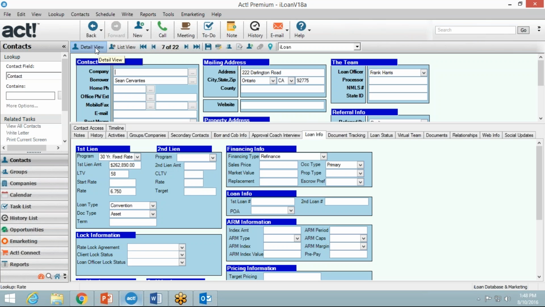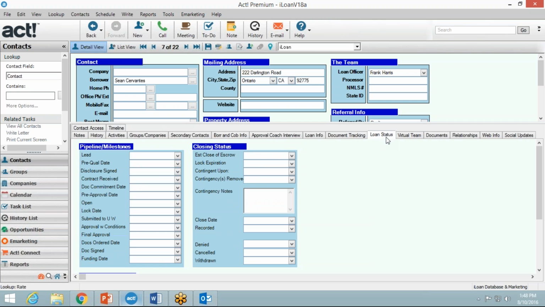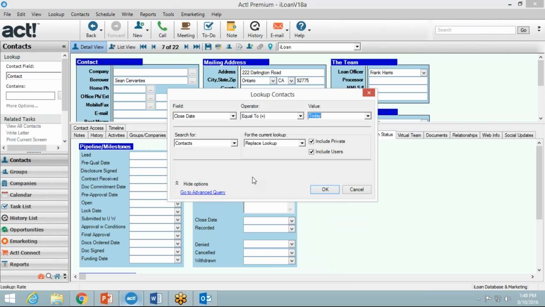What you can do to fine tune that and only see your closed loans is you would go back to Detail View, and then now we would go to Loan Status because we're looking for that close date. And now we're going to look up only the records that have a close date. The close date contains data. Very important here, at this stage, you would want to make sure you click this pull down and select Narrow Lookup. The reason is that